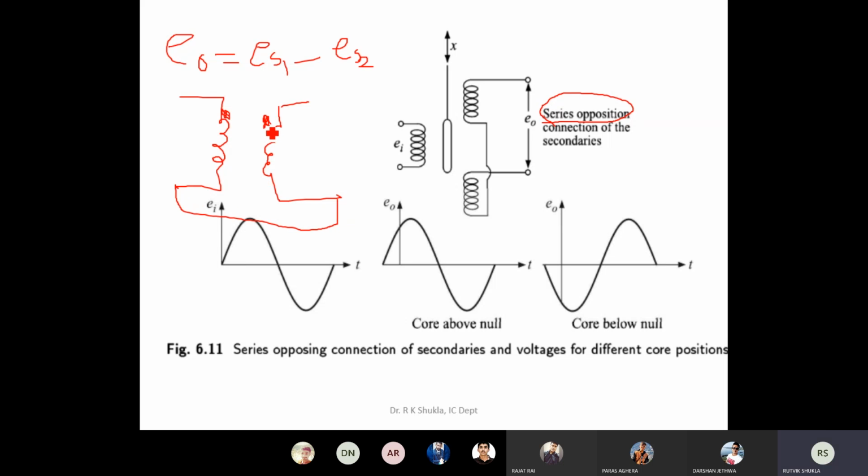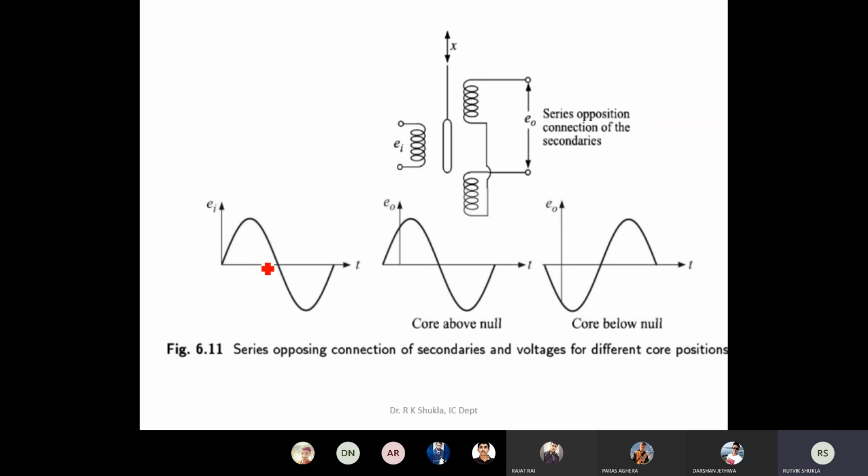In a coil, you don't get a plus or minus symbol like a capacitor, but rather a dot convention. If the coils are connected this way, it is called series opposition. Even though they are both in series, they oppose each other. Just a minute, just hold on. So even though both of them are in series, they are connected in such a way that they oppose their own fluxes. Now see the difference.